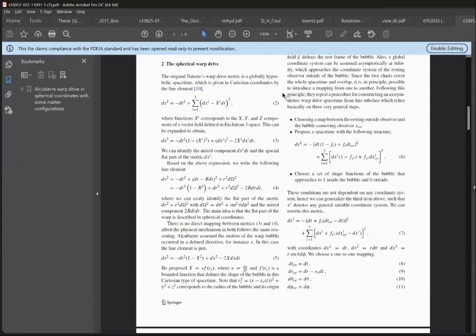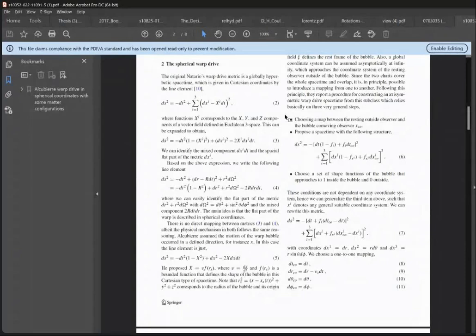into the references that are already public, and we found that Bobrick, in 21, published a very nice article where they figure out how to construct warp drive metrics in general, warp drive line elements specifically. So basically what we did was, okay, let's take Bobrick's recipe and construct a warp drive that has this spherical symmetry that we want.